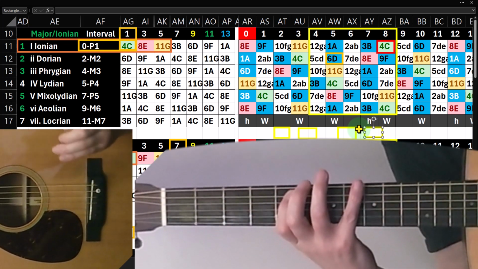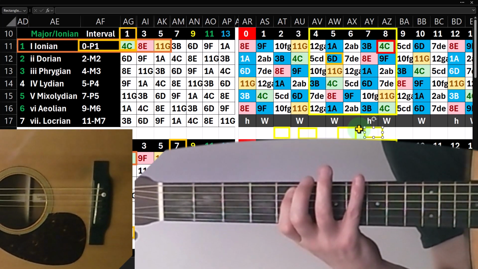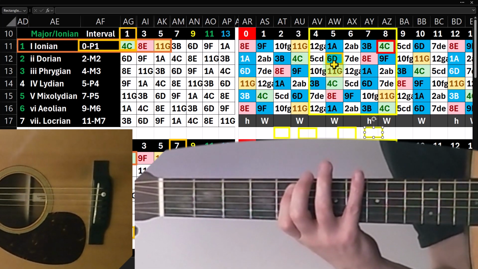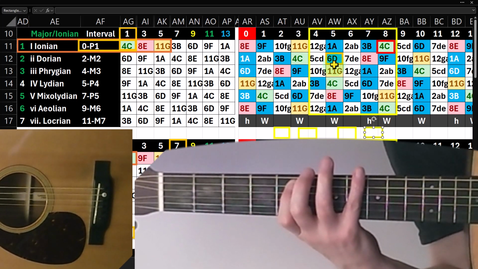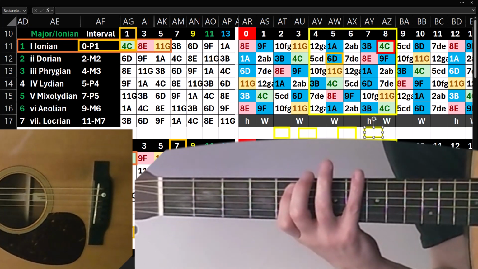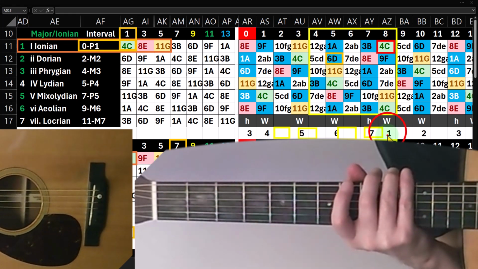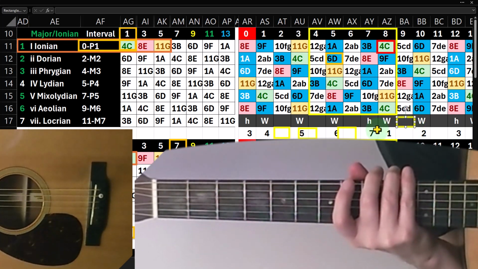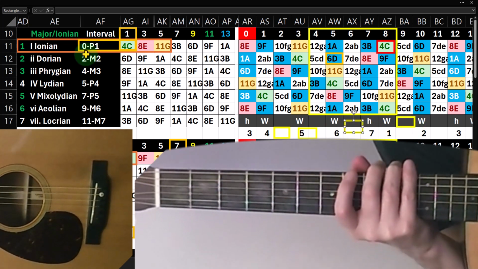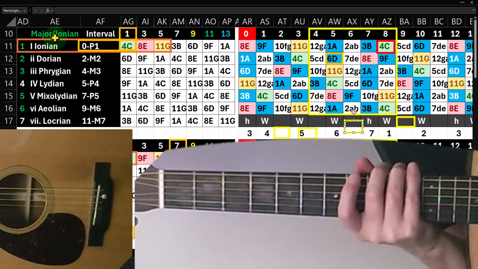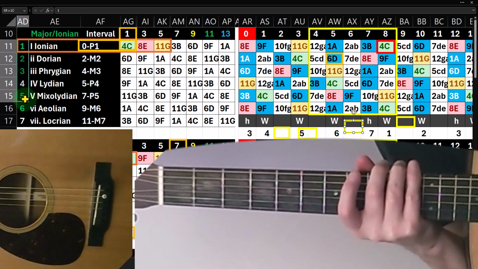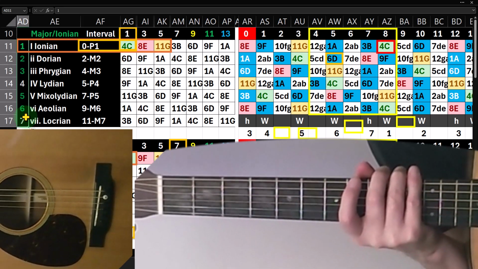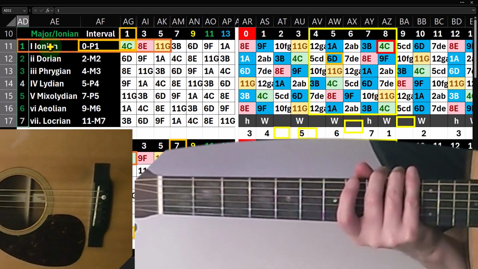So now I can play this formula, and I could do that again on this string, but I'm going to emphasize that one step that we're going to change. So let's see if I can put... So I've put the numbers down here so that we can see the steps in terms of the relative position. So we're looking at the C major scale. These are the relative positions of the C major scale,